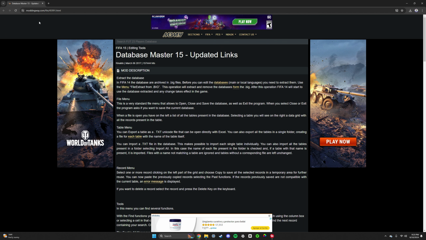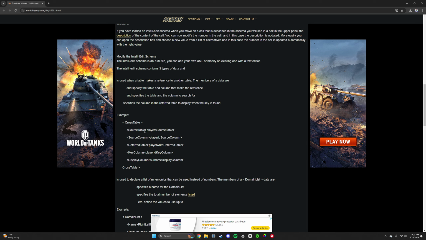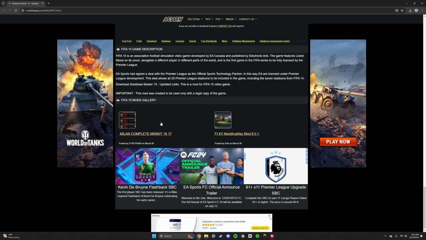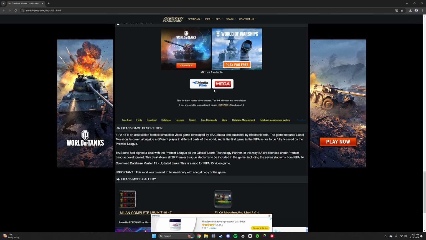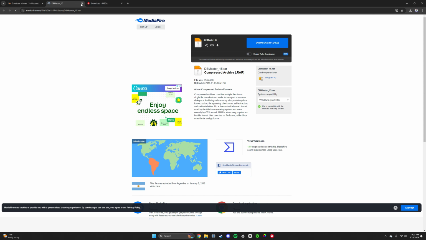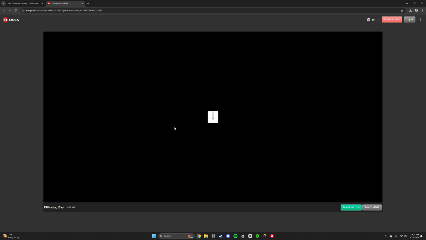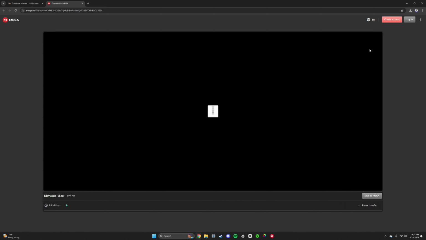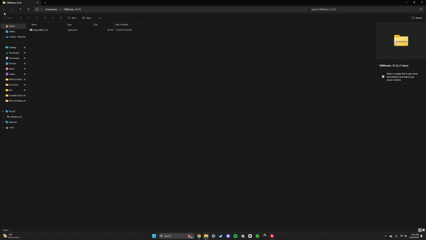Now, for your DB Master, you can scroll all the way down over here on this side for it, and click the mega link. You can also use MediaFire, I guess, if you want. I just prefer mega. It just makes everything easier for me. And you're going to want to hit download. It may take a little bit of time, but once you do download it, it's going to bring up a zipped